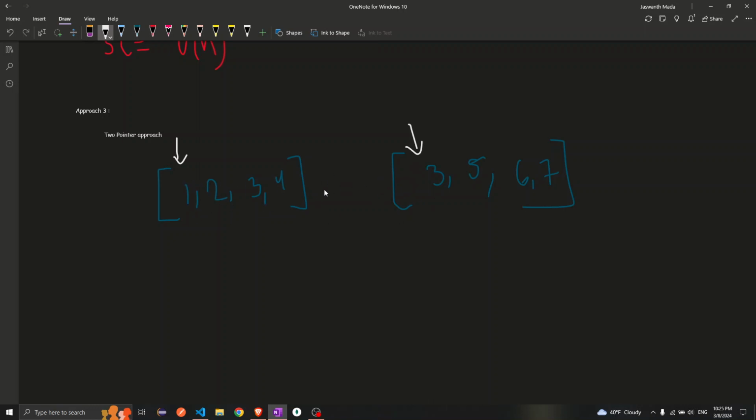So what I'll do is I'll move my smallest pointer. Since 1 is less than 3, I'll move my smallest pointer, because if I move my larger pointer, this will never be equal to 1, right? But if I move my smaller pointer to the maximum side, then I can make these elements equal, right? So that's why